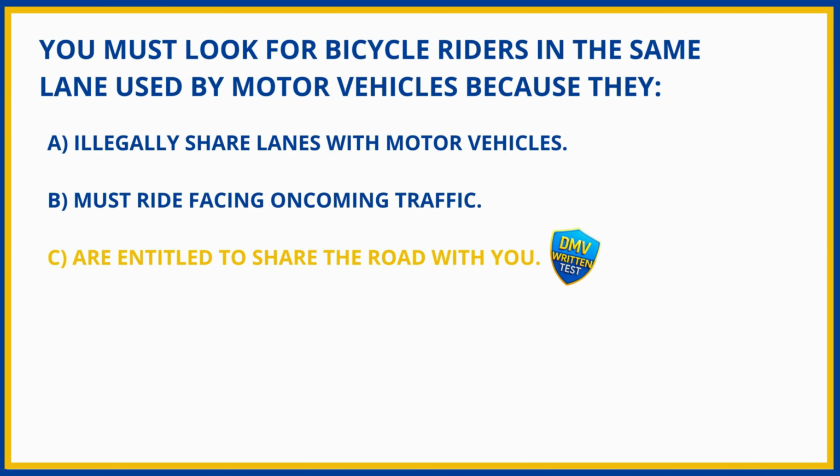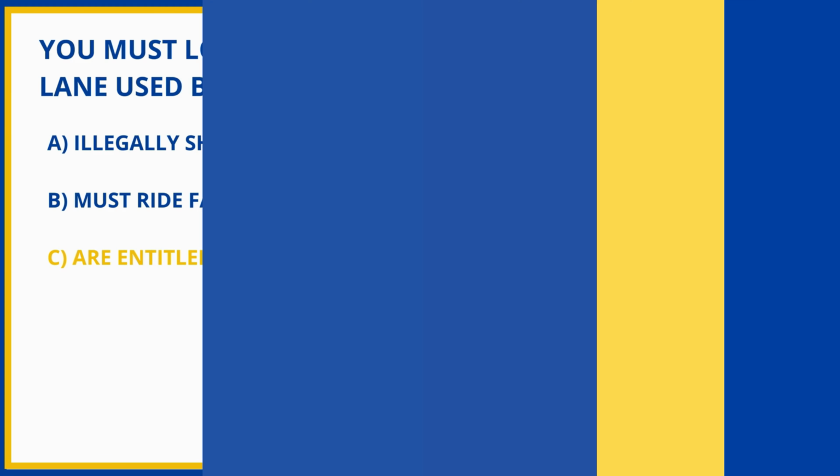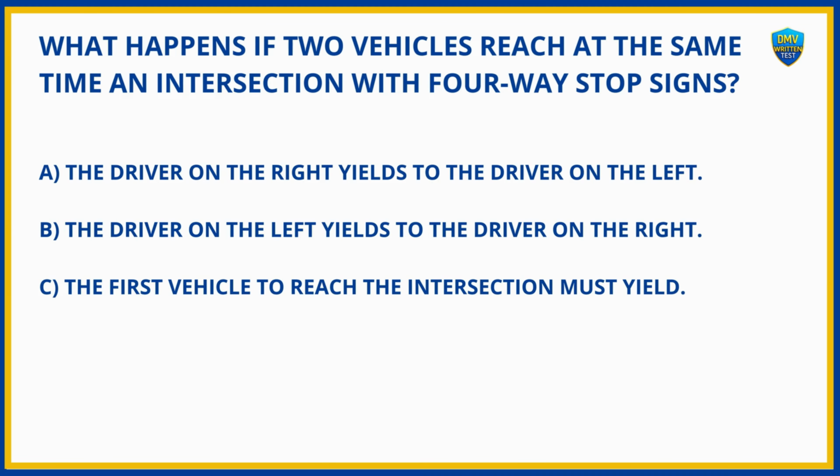C. Are entitled to share the road with you. What happens if 2 vehicles reach at the same time an intersection with 4-way stop signs? A. The driver on the right yields to the driver on the left. B. The driver on the left yields to the driver on the right. C. The first vehicle to reach the intersection must yield. And the answer is